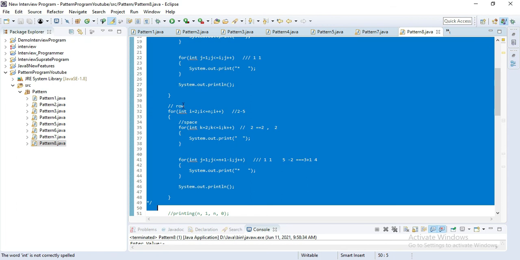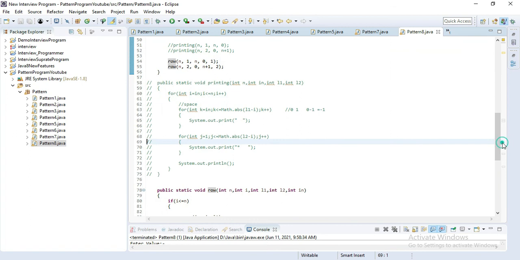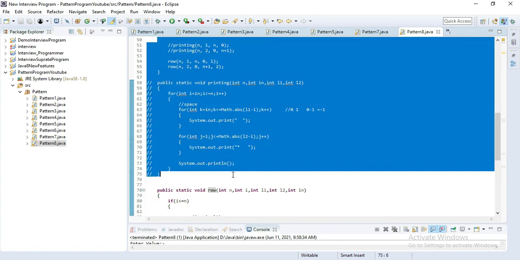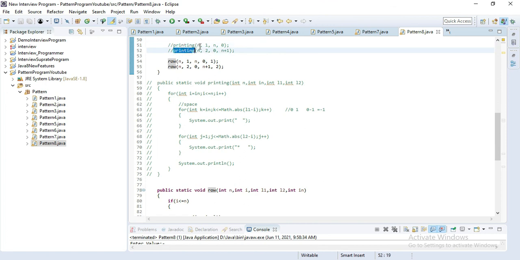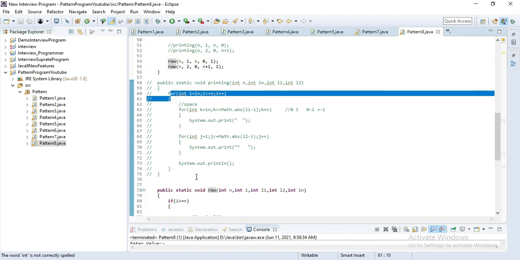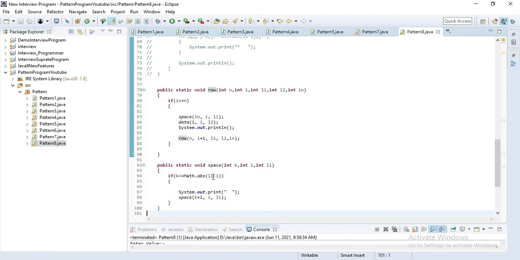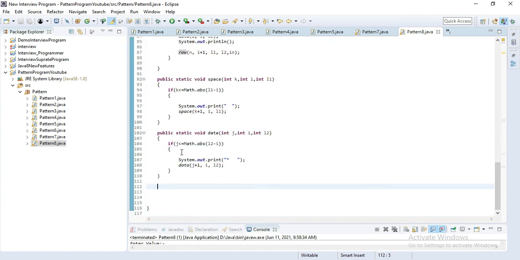In the second way, we simply call this method two times and pass different parameters. This is a fully dynamic program, we can say. Using this second method, we define one outer and two inner for loops only. In the third approach we use recursion, without any single for loop, and we complete this program.